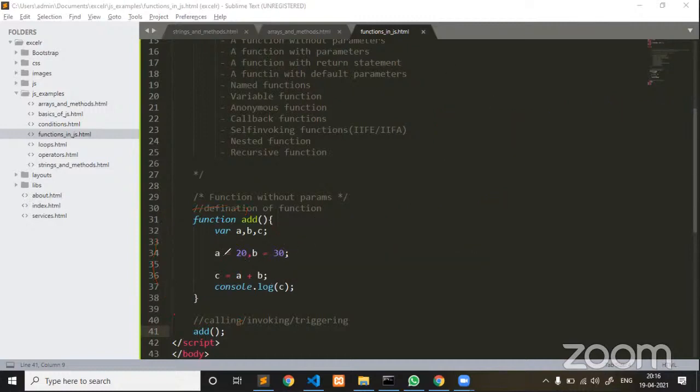Okay, now you see here that equal to is an assignment operator. Plus is an addition operator, I mean to say an arithmetic operator. Operators. This is a single line declaration. And this is a single line assignment. And the result, see. Now, a good developer always keeps the declaration at one place, assignment at one place, and the logic at one place, so that anybody can easily understand your code.